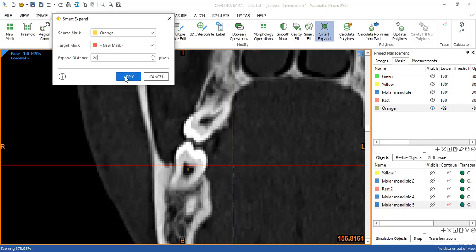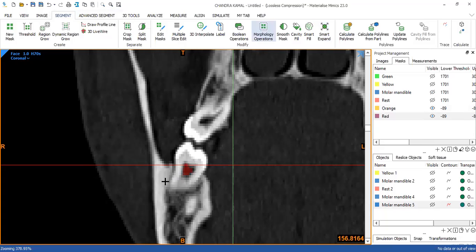So I'm just showing you the different methods that you can use. One was dynamic region grow. The second is smart expand. Now the other one is morphology operation. So now you can see here, I'll just calculate this part for us.